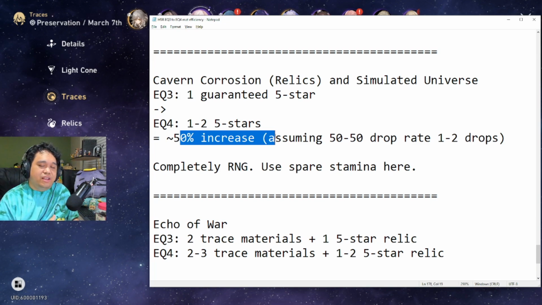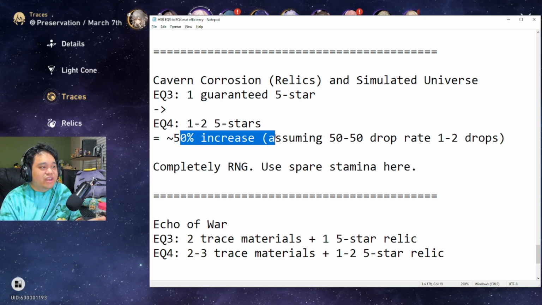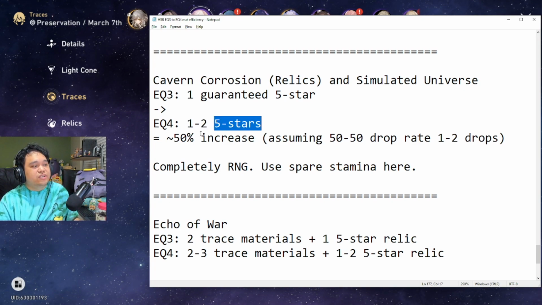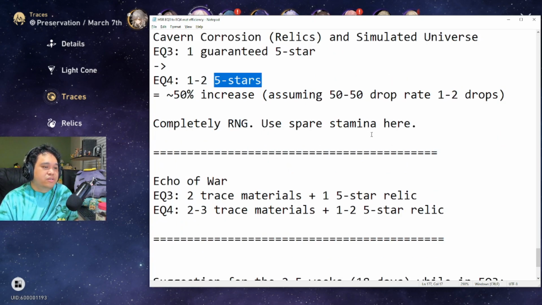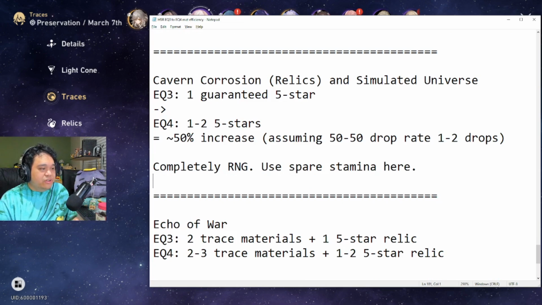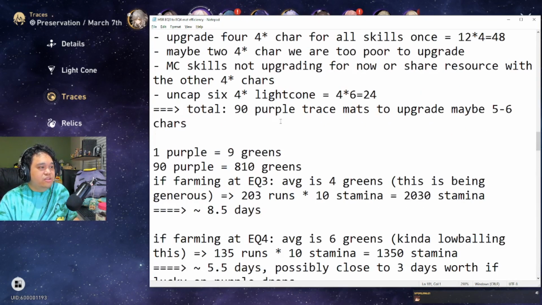I don't have a lot of stamina to test this out, but at least from what I've heard from other people, it is roughly about a 50% chance to get either 1 or 2 5-stars on Equilibrium 4. So completely RNG. But again, if we're going to look at all the percentages, you have